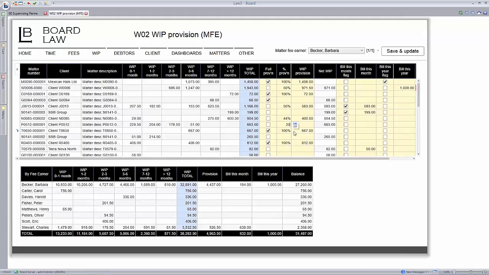So I can start to capture data within the system, and then use it to model scenarios and affect my WIP position and my provisioning in my accounts. And this can flow directly through to your accounts, which you can attach to this application as a seamless process. How would that relate to more of a workflow example? We'll touch on that before we finish the